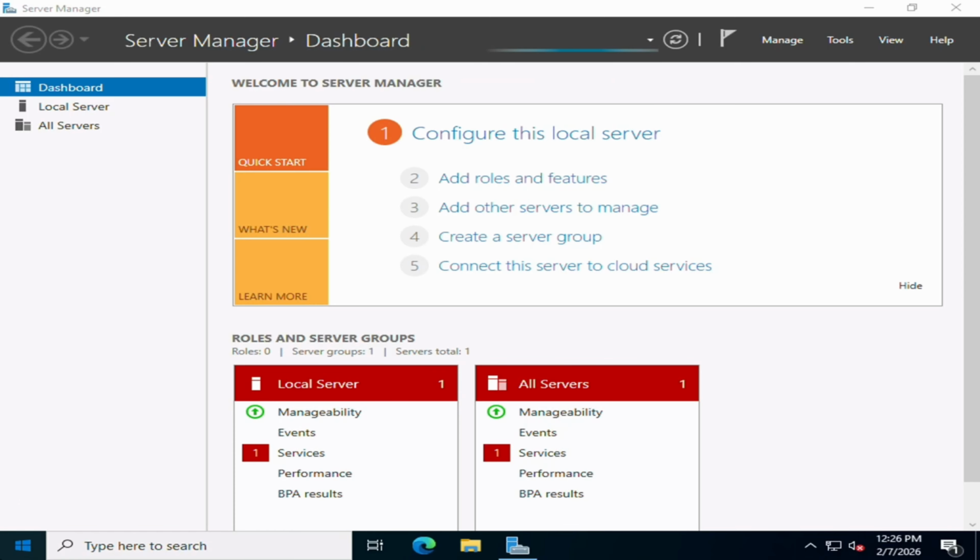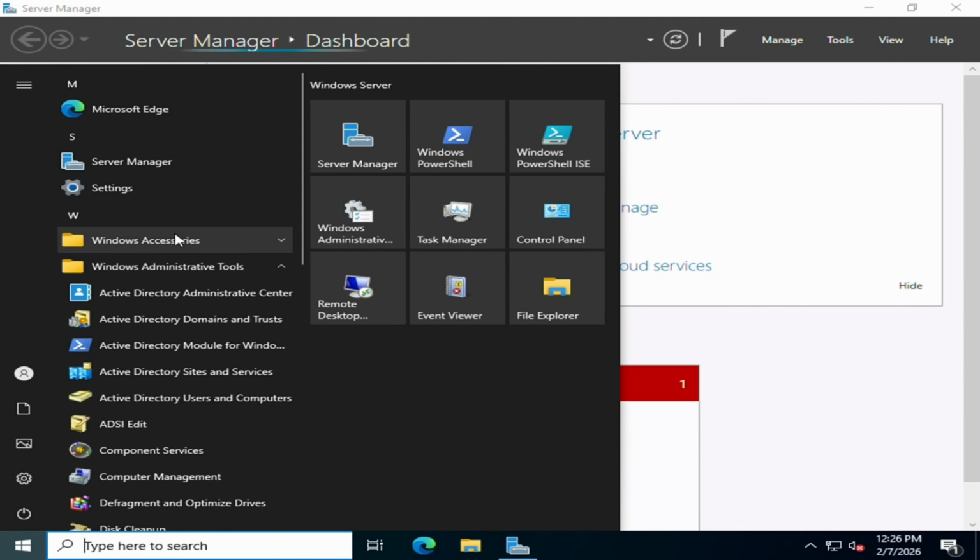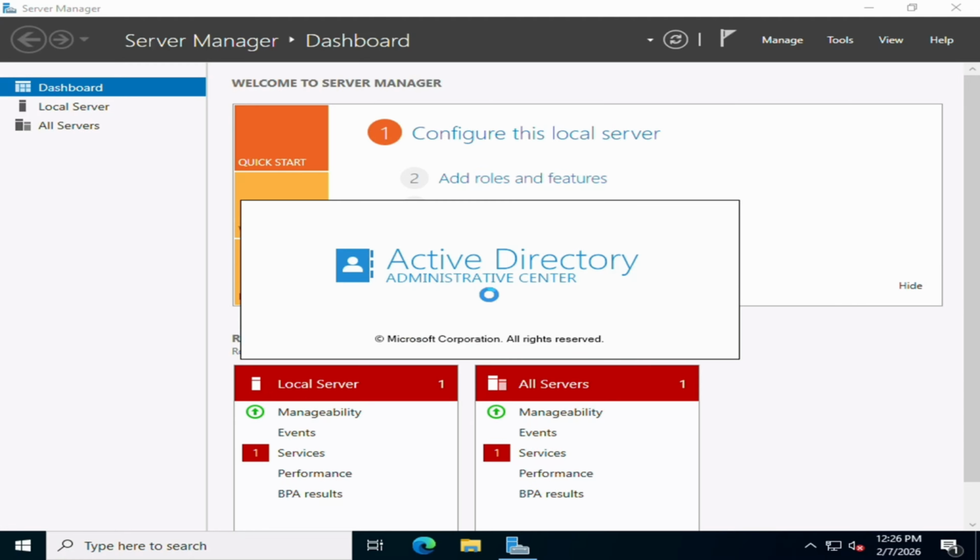Okay, we're back in. So now we're gonna go to the start menu, Windows Administrative Tools, and go to the Active Directory Administrative Center. And this will be your main thing for Active Directory. So we'll load into that, and then we'll